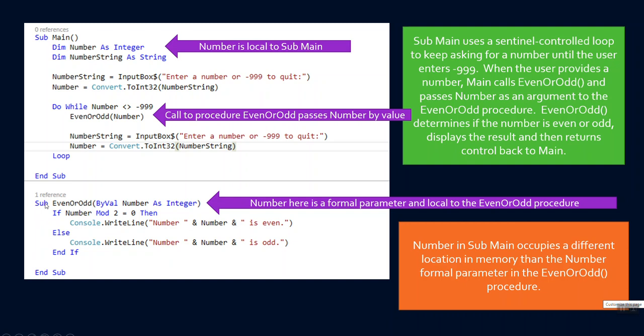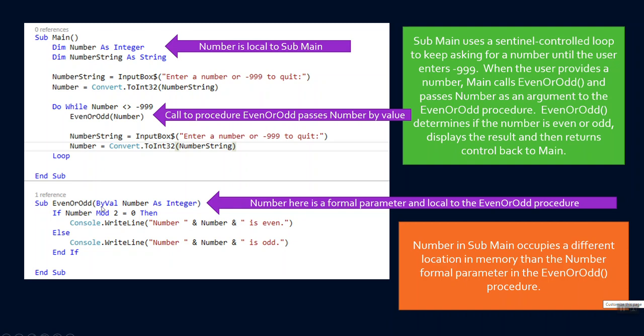It has the familiar mainstays we've seen with Sub and the name of the procedure. Again, this whole first line is called the header. But notice in between parentheses, because EvenOrOdd needed an input in order to know what it was evaluating,